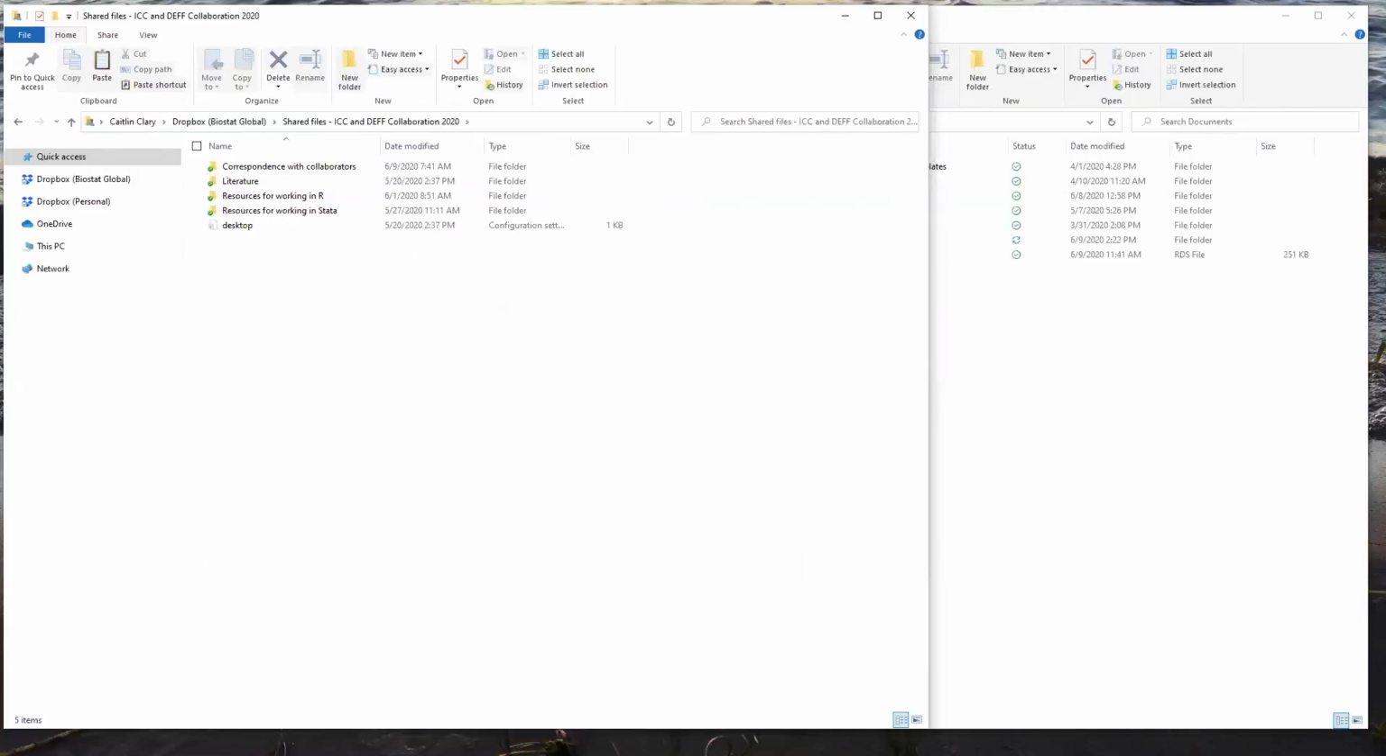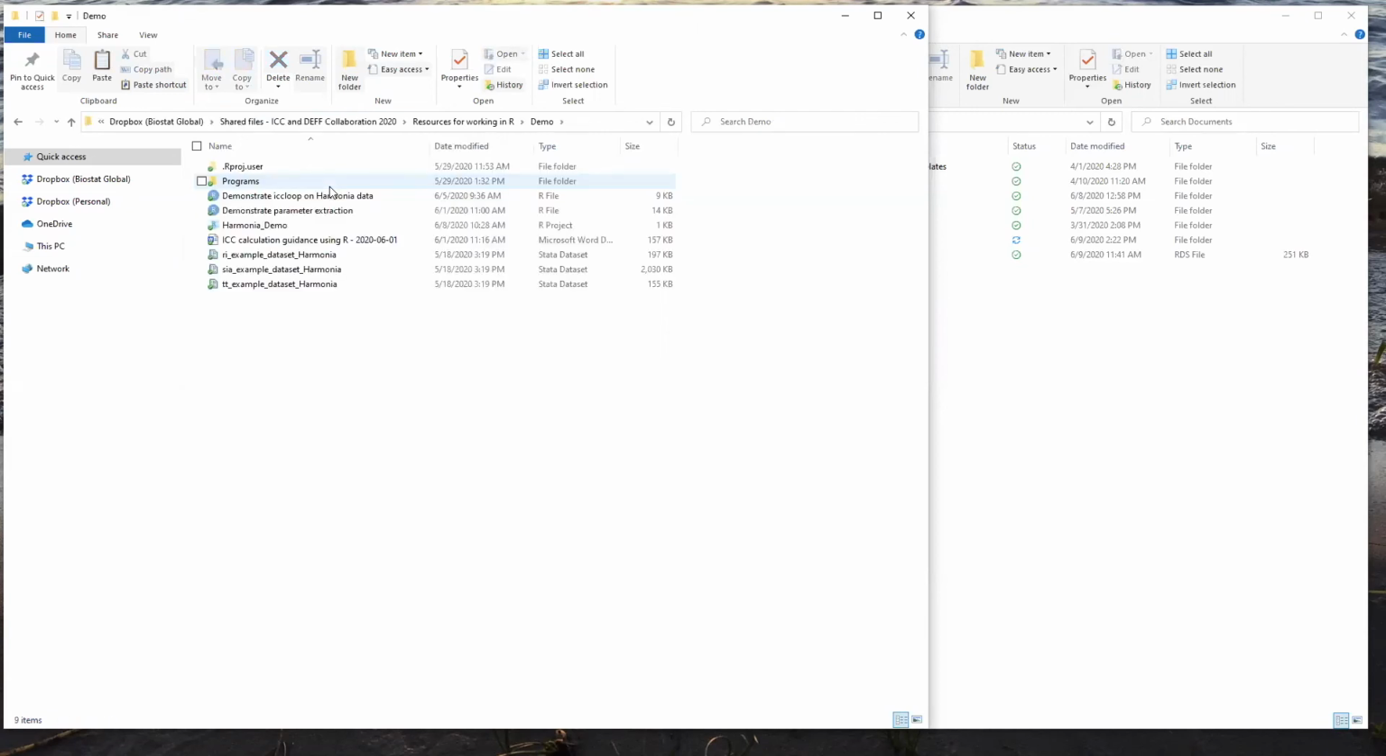We're going to get started by looking in the Dropbox that we've shared, which has a folder called Resources for Working in R. We'll open that up and then we'll open the folder called Demo. These two demo folders have the same programs in them, they just work with different types of input data. And from this folder, I'm going to grab the Programs subfolder. I'm going to grab this Demonstrate ICC Loop R script,